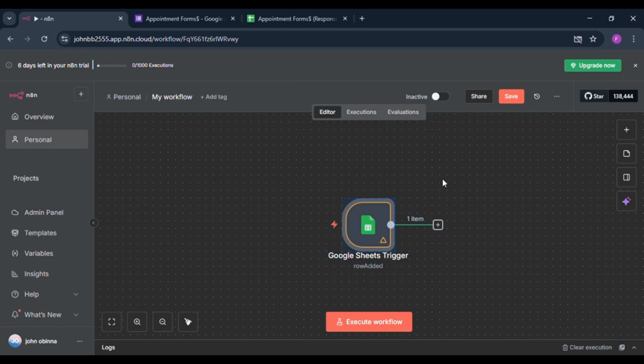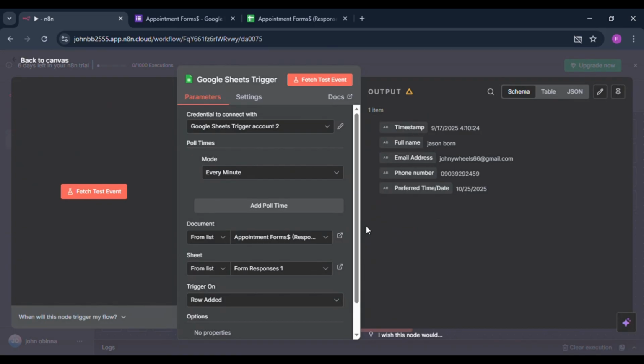So with that being said, the next thing we want to do is we simply want to book this person's appointment. This person fills this form, and this form automatically is filled into a Google Sheet, and then we want to immediately send back a message or an email to this person confirming that the appointment has been booked. Most times this is used by businesses. As I said earlier, this is used by businesses. After an appointment has been booked,